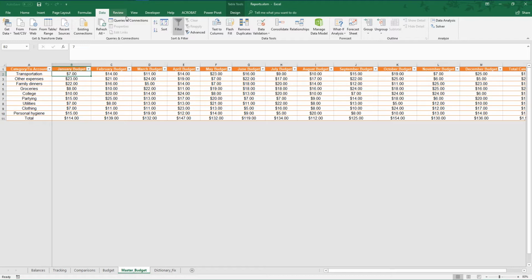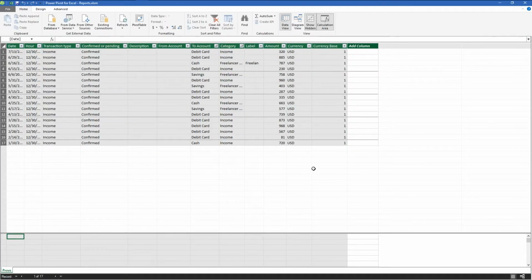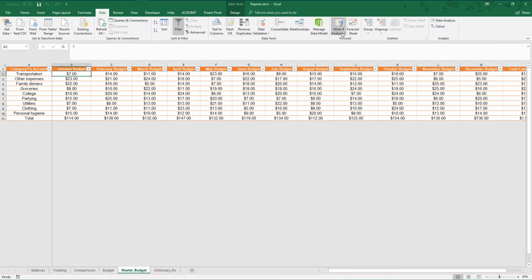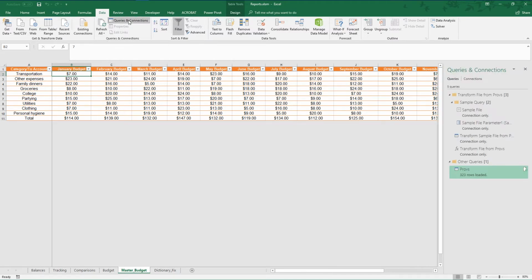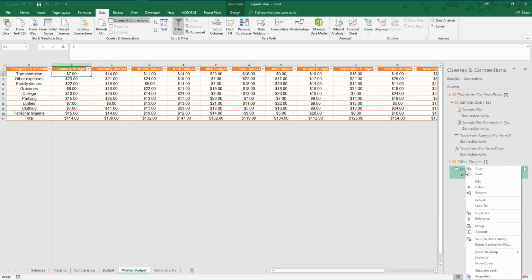So you go here to data and you hit manage data model. This is to activate the Power Pivot plugin that Excel has, in case you don't have it, because the macro works with that data too. So once you do that, you go to queries and connections. You go to other queries and go to this query that is called props. You may rename it as you wish. Just hit edit,